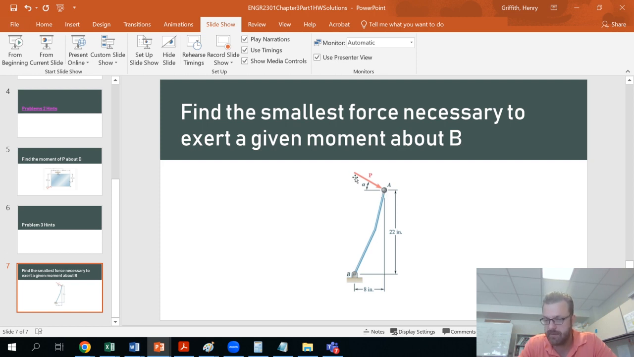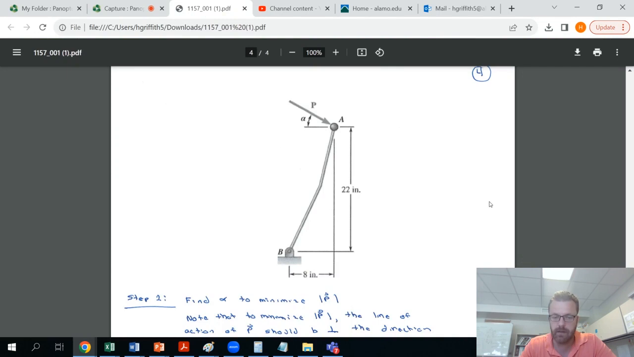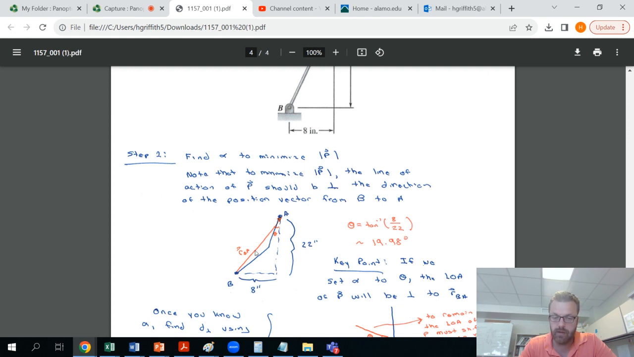So what we want to do is make sure that this force is applied perpendicular to a line that goes from B to A. How would we go about determining the geometry of that line? Initially, you probably want to draw a triangle from point B to point A, and make it a right triangle, because we're given that the horizontal displacement from B to A is 8 inches and the vertical displacement from the base, point B, to A is